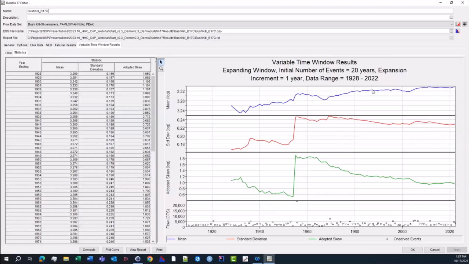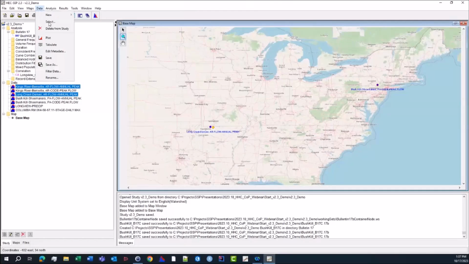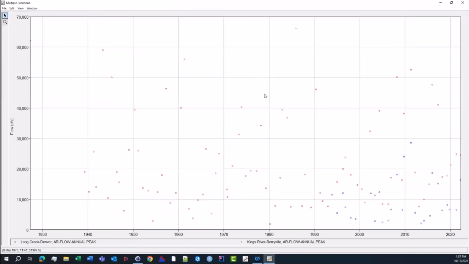So how can you actually get more data at a short record site? I'll close out of this. All right, so common problem in hydrology. I'm holding the control button, and I just clicked on 2 records, and now I'm going to plot. That's not the common problem in hydrology. The common problem in hydrology is that you're often asked to analyze a site like the one shown in blue, right? That's got not that many annual peaks, right? A relatively short record. And it would be great if you could analyze the record shown in red, right? You've got 80 some annual peaks here, nice long record, but not at the site you're being asked to investigate,